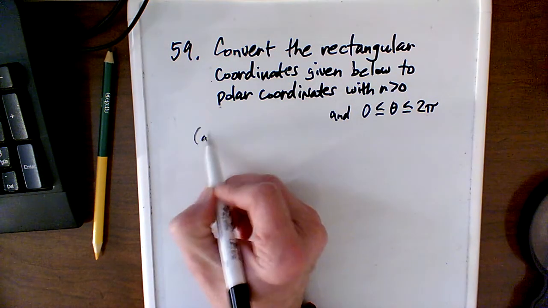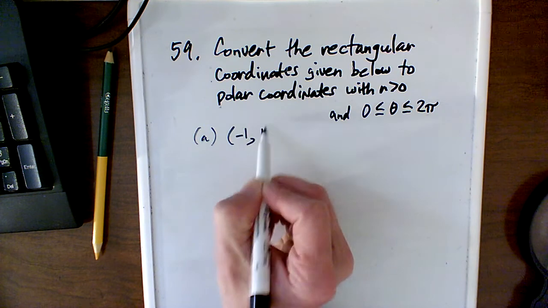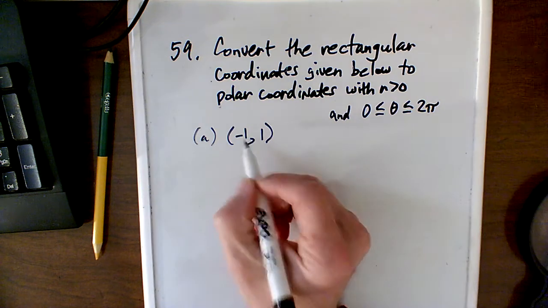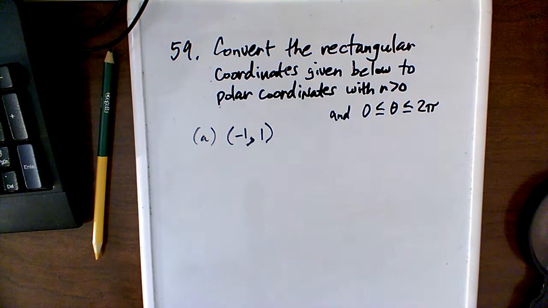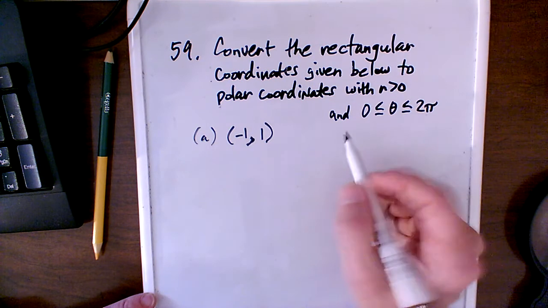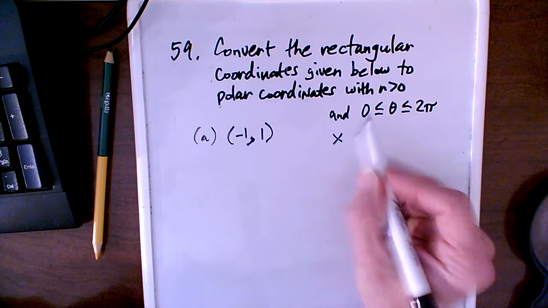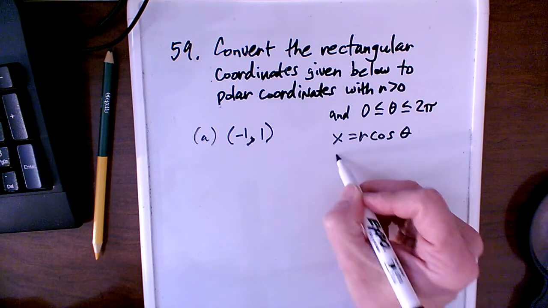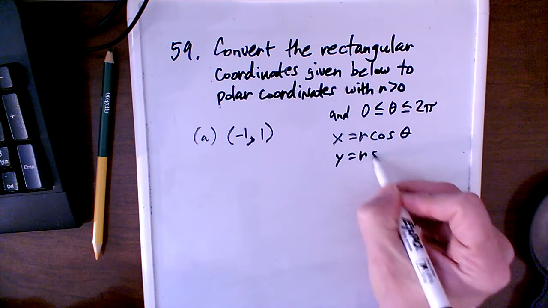and that is I want to convert, that's rectangular coordinates, I want to convert it to polar coordinates, which have r and theta. So we have to go back to some things that we know about polar coordinates and rectangular. First of all, x is equal to r cosine theta, y is equal to r sine theta,